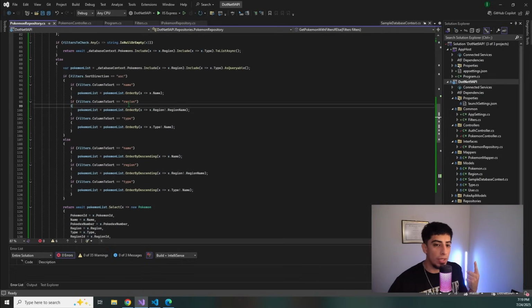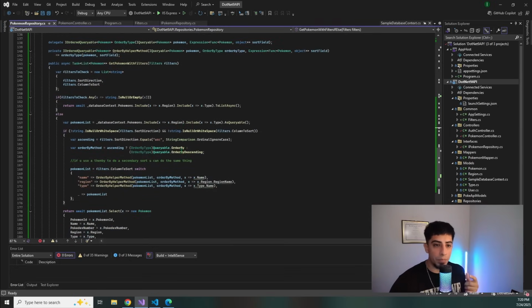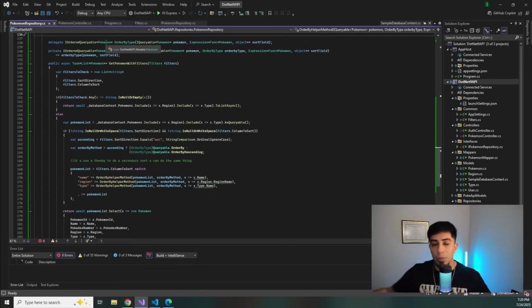We're going to improve on these so that we don't have to do these twice, as well as the way that we can apply order by and order by descending without needing two different sections. So conditionally, we can apply it. That's what we're going to use the delegate for. So we are returning an ordered IQueryable. That's essentially what this type is right here. And obviously, it's going to be of type Pokemon because it's a Pokemon list that we're returning to our table